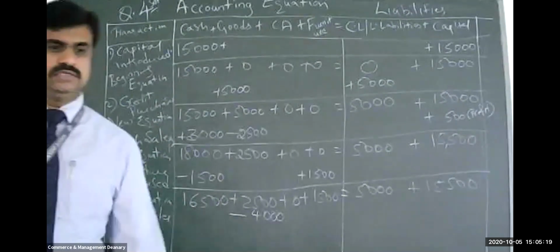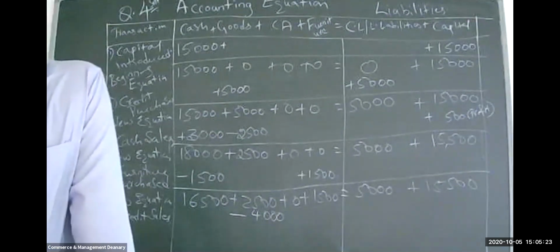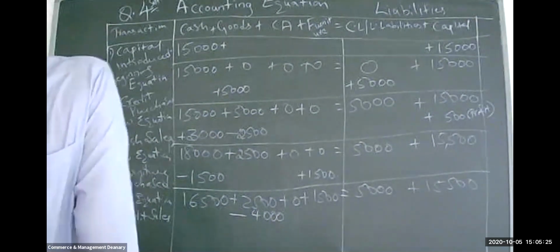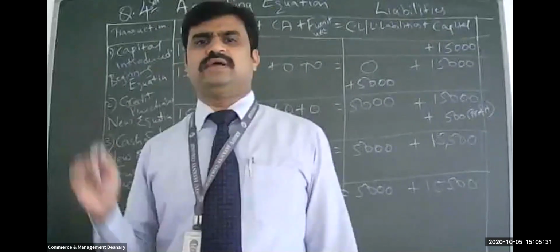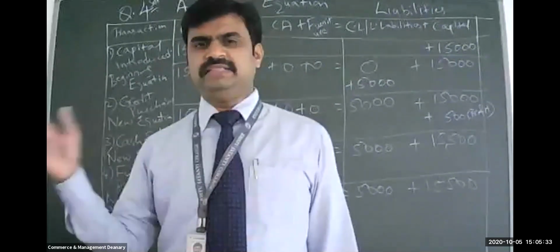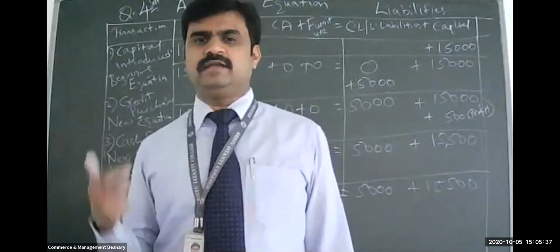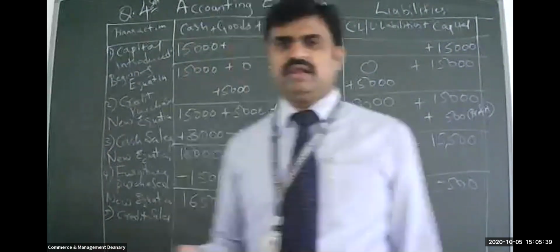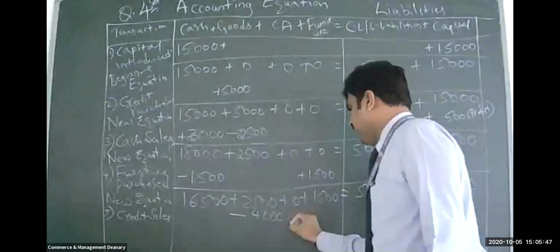Then plus 500. So who is Rakesh to the company now? Sir, he is vendor, sir. He is the debtor. Debtor means he is the one who owes money to the company. Maybe within a few months or few days, he will pay back. Till then, it will be called a current asset. So where are you to write now? Under current assets, plus 500.